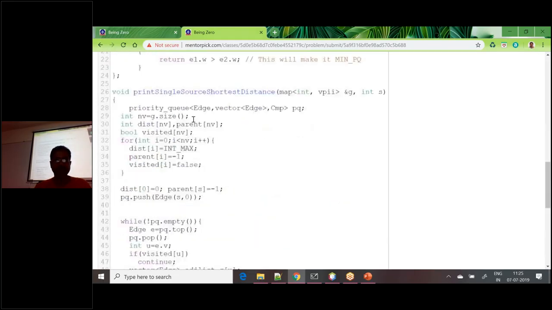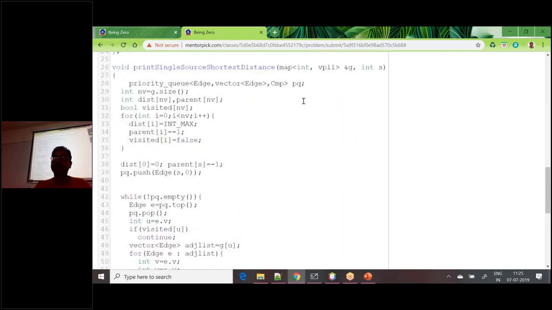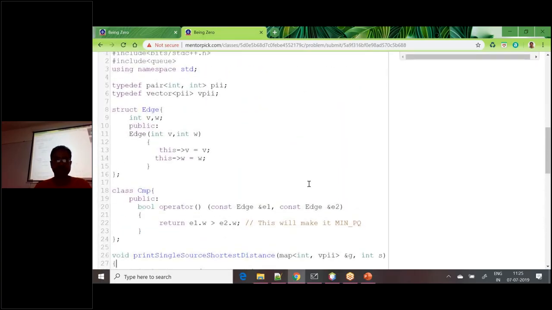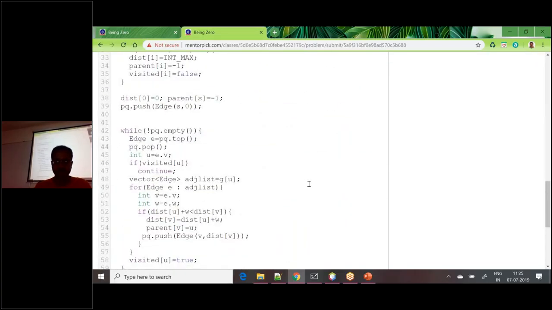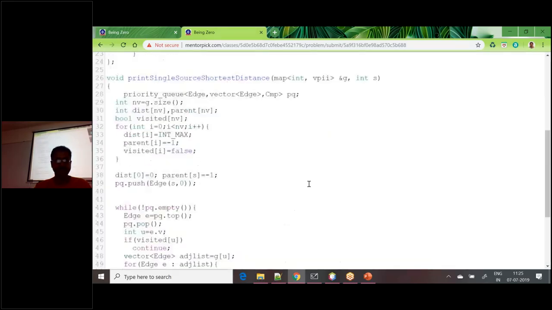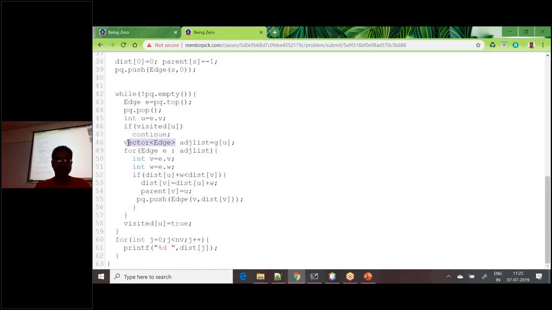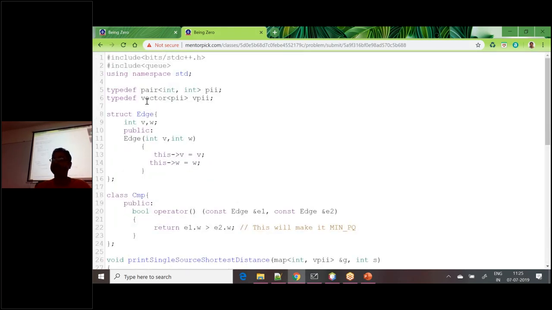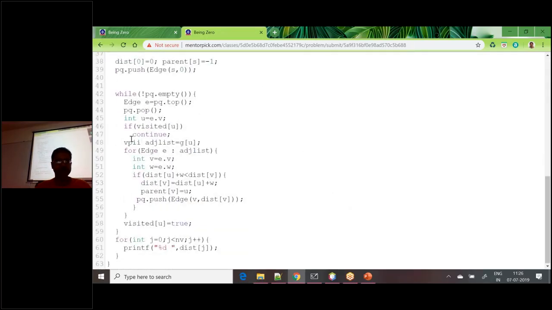For creating the priority queue, we used edge, but your graph is defined like this, right? Pair of int, int. So how do we use it? Good that you are coding it in C++. Let's see. When you asked this time, it gave you a vector of pair of integers. And this is just a shorthand. We just did typedef, so we are not typing this vector of pair of integers, right? Now, since this is a vector of pair of integers,